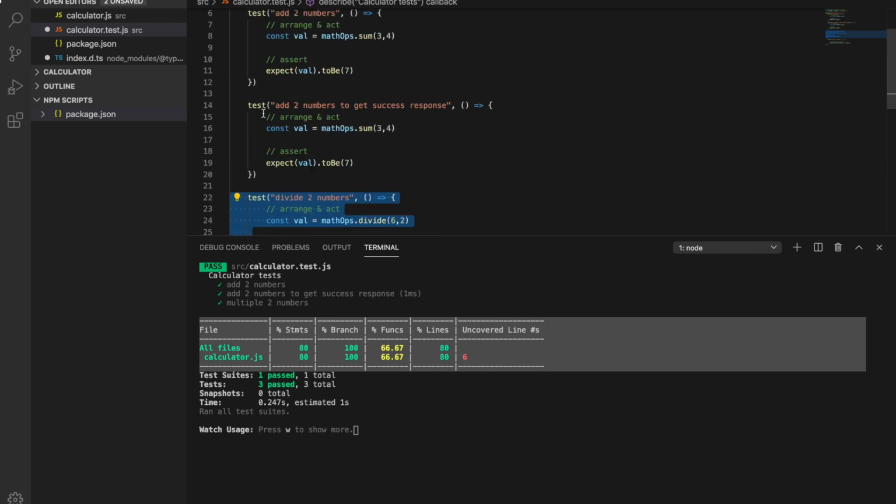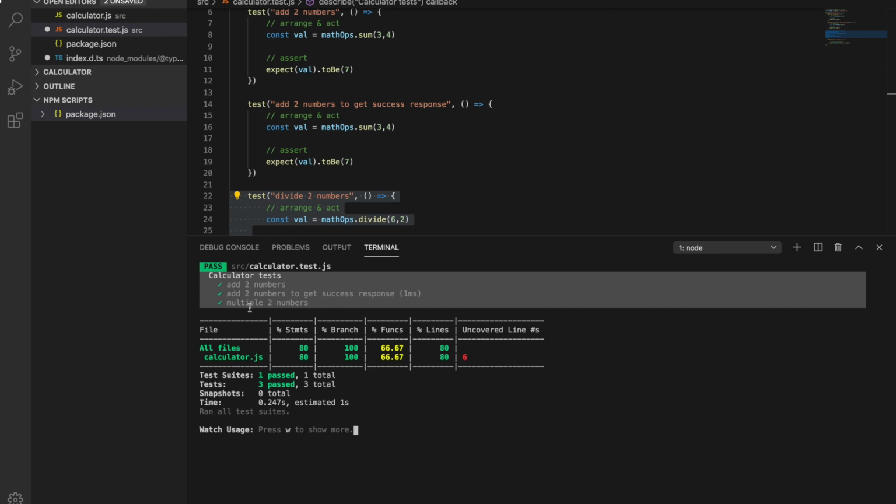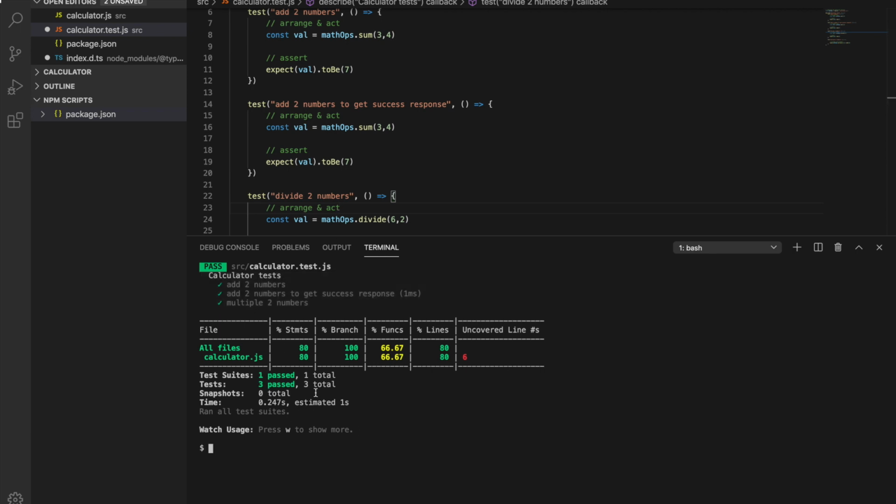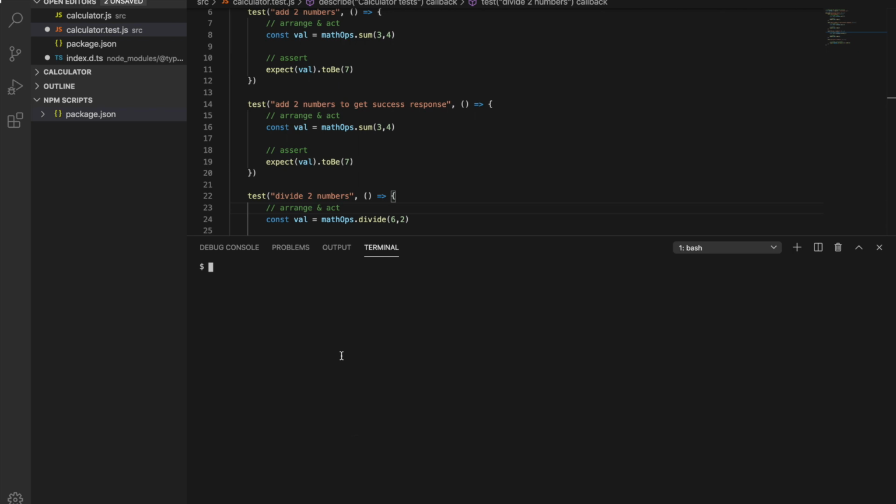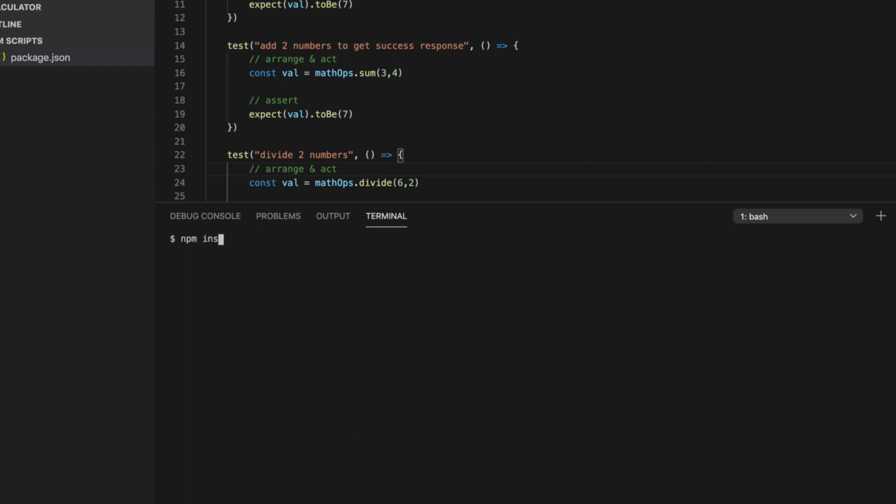So execution reports are nothing but, since these tests have run, you can see the calculator test, whether these all failed or these all passed. But when you run these tests on a continuous integration kind of setup, you cannot get access to the console and you cannot get these reports. So to do that, you can use external reporters. I'll use a package called Jest HTML reporter. In order to do that, you can simply write npm install save dev, because we want to use it for just this project, and I'll install just html reporter. That's the name of the node package. There are multiple others available, but just to illustrate, I'll use this.